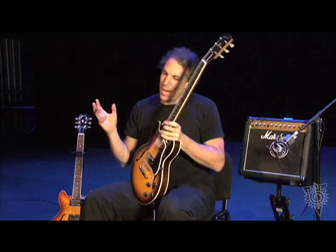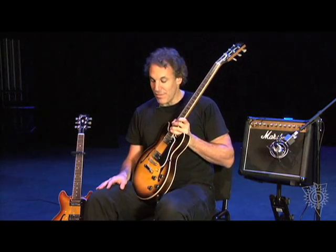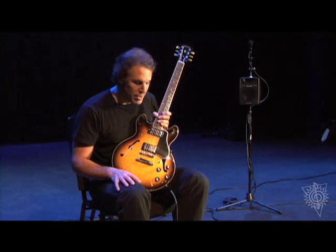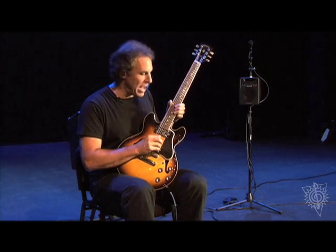Depending on the type of amp that you use and the type of pedals that you use, this guitar is capable of pretty much anything that you could possibly want. To hear its rock and roll tones or fat, distorted sounds,